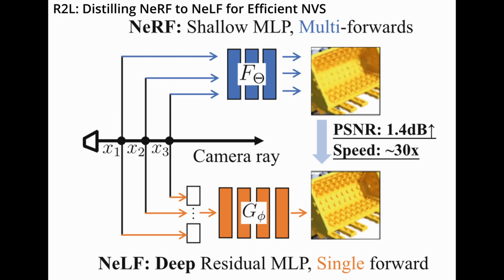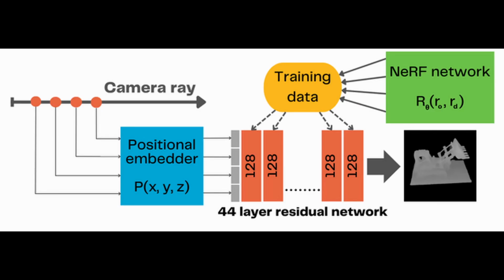Neural light fields are closely related to neural radiance fields, but instead of evaluating the network for each ray sample, the output color is directly estimated through one network forward per ray. Our solution proposes a 128 node wide and 44 layer deep residual NeLF network that uses an existing NeRF to